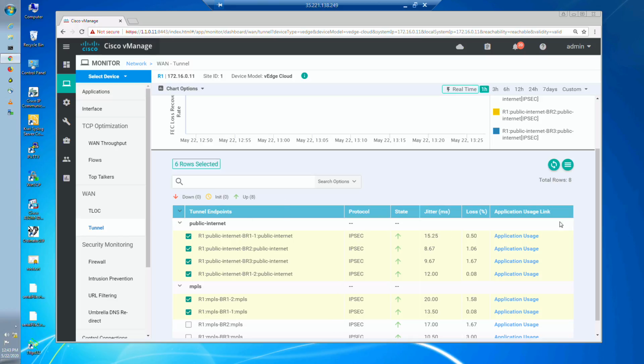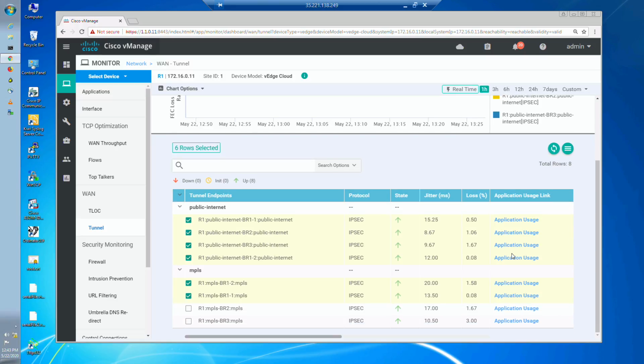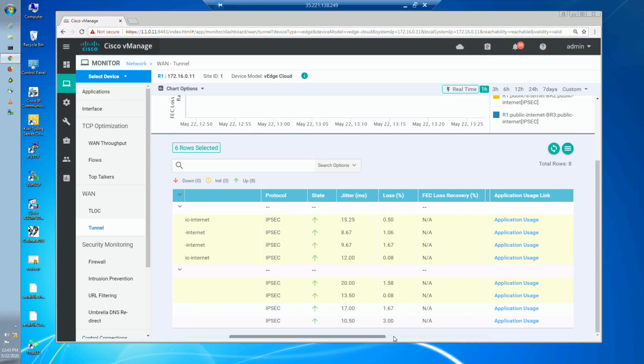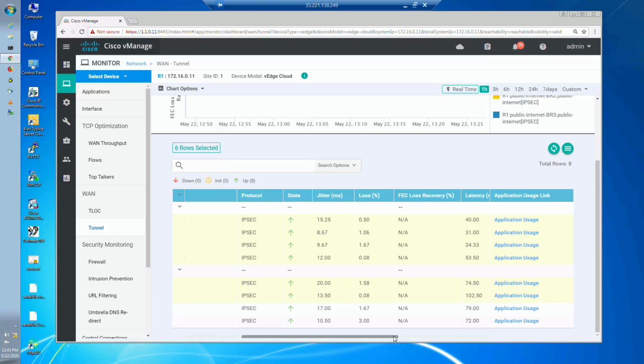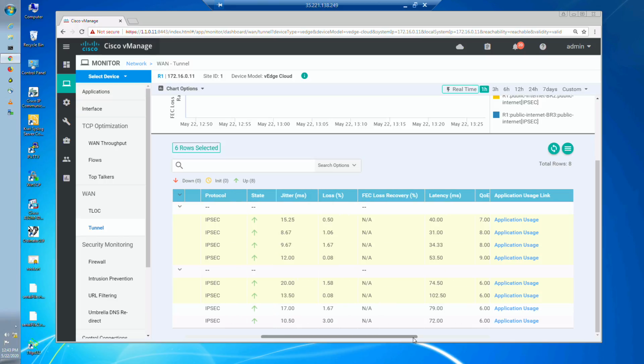We have come to this page, but we have not observed the important part, which is the jitter, loss, right? And there should be one more, latency as well. So let's go to the right. Right, so you have latency over here. So there's latency, there's jitter, and there is loss, right? And you have this for all the tunnels, which what I mean by that is, on the left hand side,